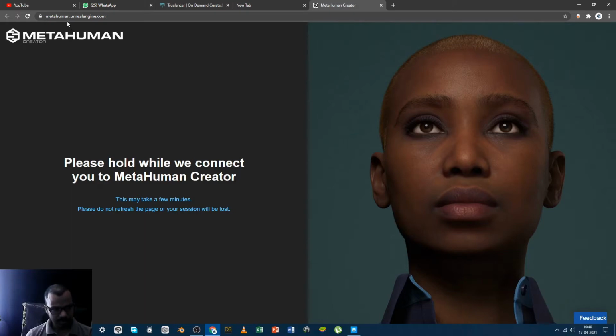This is software of Unreal Engine, and in Unreal Engine you have to get registered. During registration you have to give your email ID. They will send you a confirmation with a confirmation link, and after you click on the link, if they confirm that yes, you are authorized to use this software, then good to go.